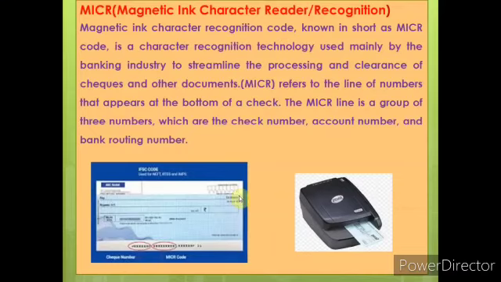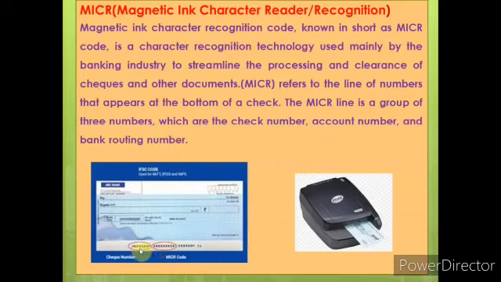You must have seen checks at your home that contain some information at the bottom of the check like this, and it is darker than other information on the check. These are written using a special ink known as magnetic ink, which contains iron oxide. Even if you smudge or roll over it, this information will not be destroyed. What information does it contain? It contains important information like check number, account number, and bank routing number.